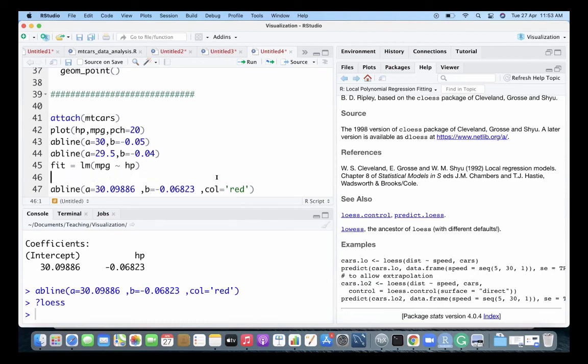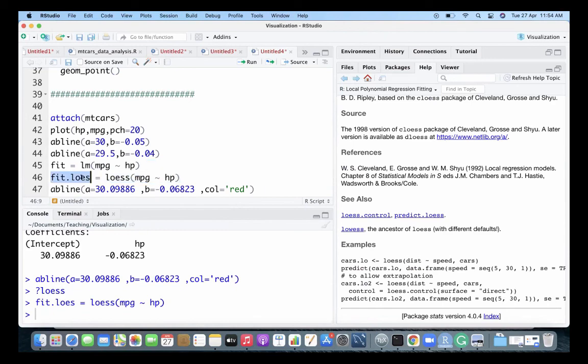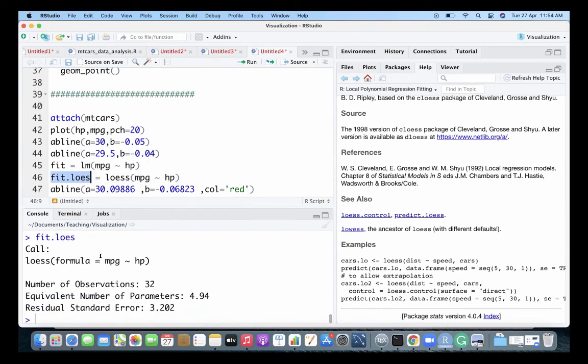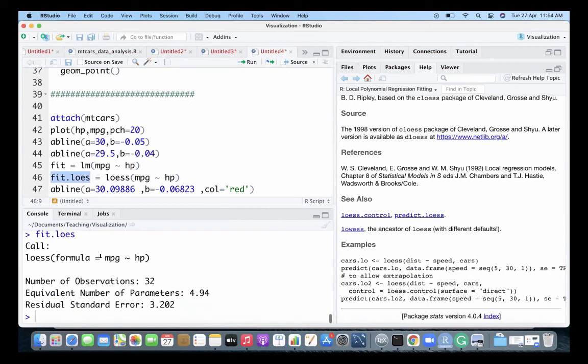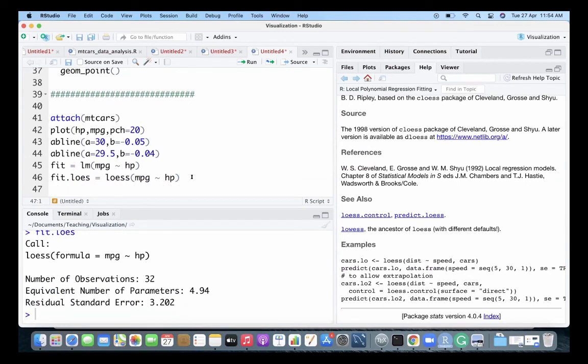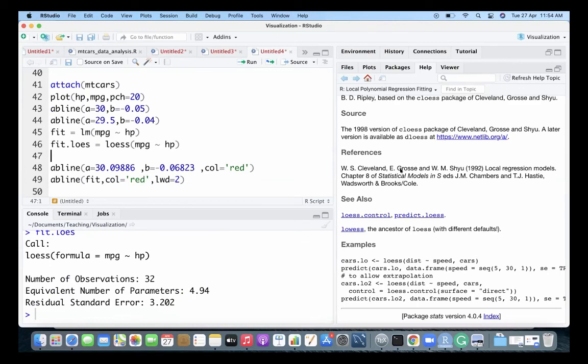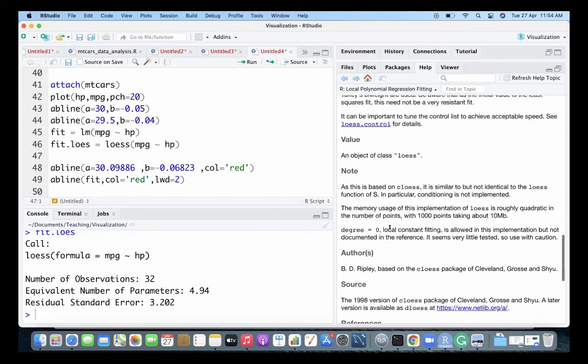So you can fit loess, yes, it does fit this way, but how to predict these numbers? Fitting and drawing a line using loess could be a bit, I don't know, I have to figure that out. How can you draw that?